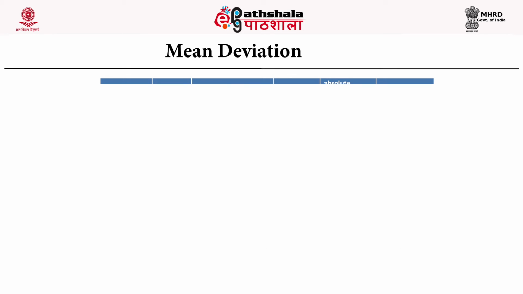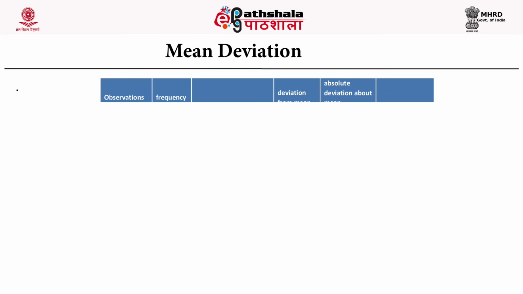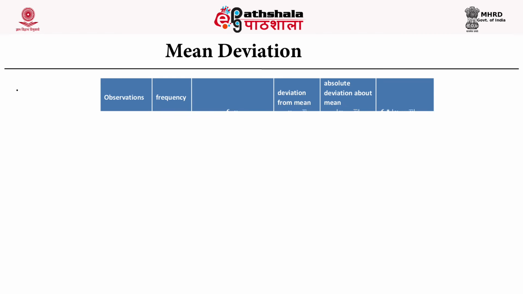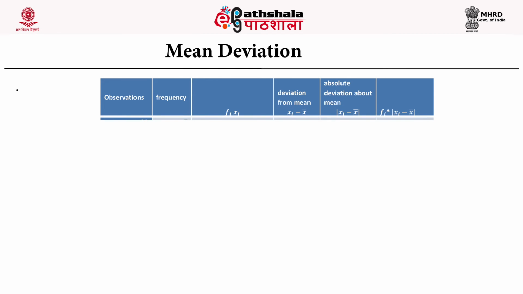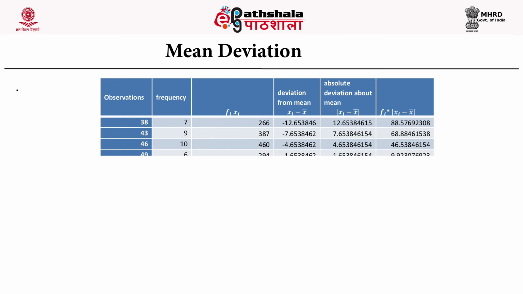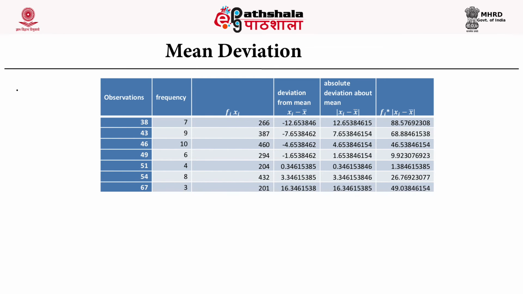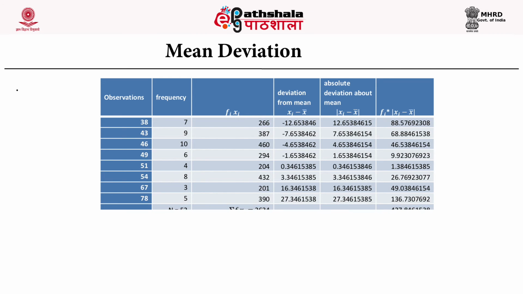So from this table we have, in the first column, observation, in the second column, frequency, and in the third column, first we have to evaluate the product of fi xi and take the sum. Deviation about mean is derived as xi minus x bar, and absolute deviation about mean is derived as mod of xi minus x bar. So we are interested in finding the product of fi into mod of xi minus